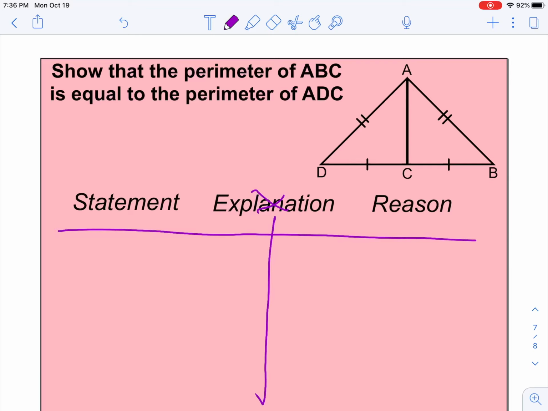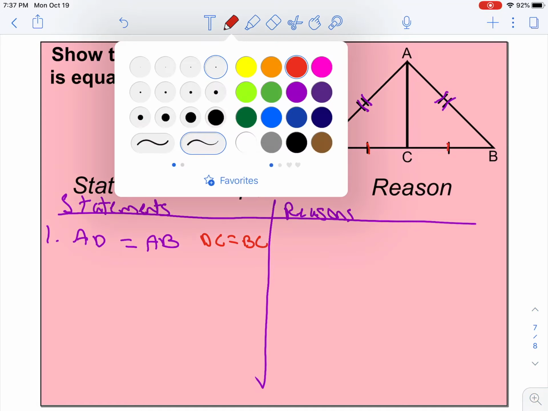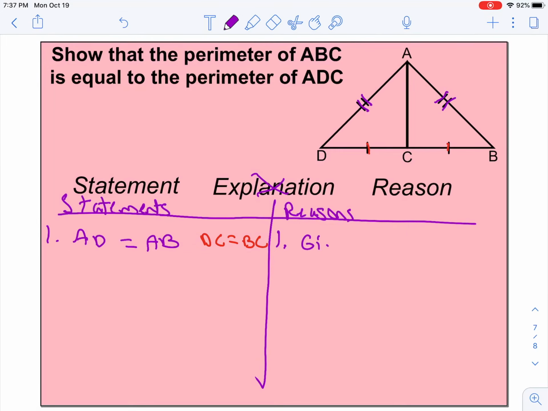And we are going to write our statements here and our reasons. All right, so the first statement I am going to make is that side AD is equal to side AB. So AD right here is equal to AB. And I'm also going to say that side DC is equal to BC. Okay, and the reason that I can say that is because it's given in the diagram,